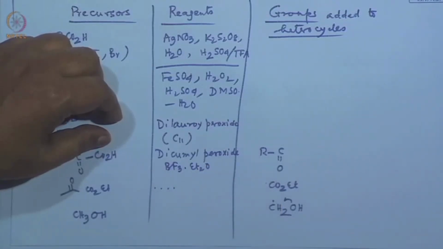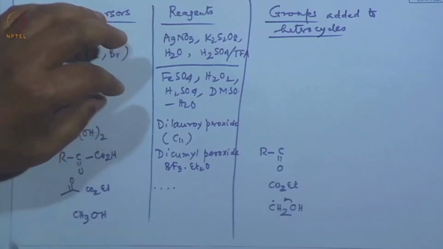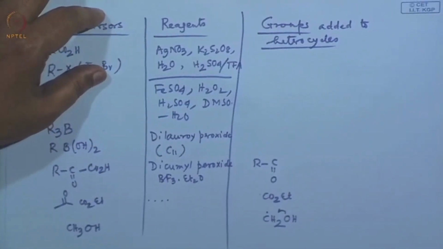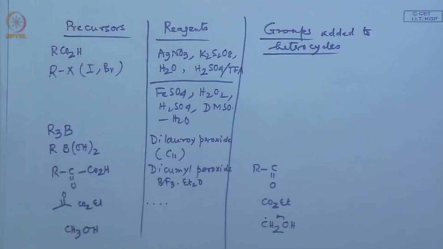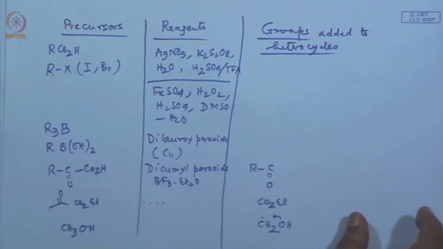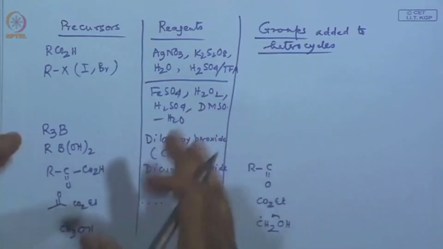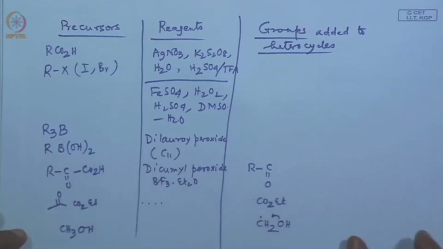And I think we all understand the structure of dicumyl peroxide, right. So, basically corresponding the cumyl hydroperoxide dimerizes to give the corresponding. So these are basically the substrates and these are basically the reagents. And then you have to have different combinations here and there, and the corresponding, let us say I will give